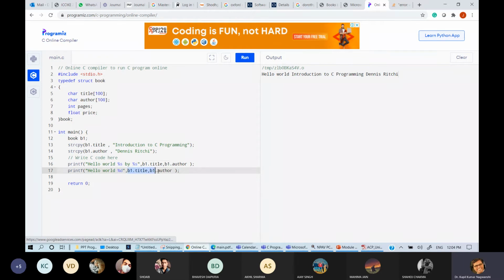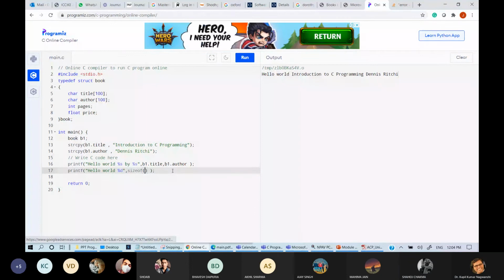Because integer is having 4 byte, then what is the size of this? Any idea? 32, sir. 32. 4 for 8. I think 208. Let us see. Yes or no? How it is coming?